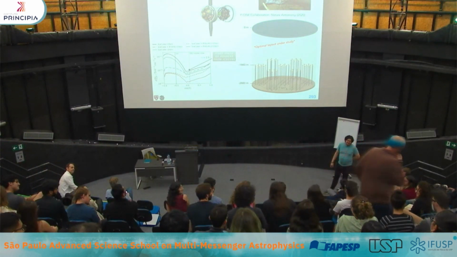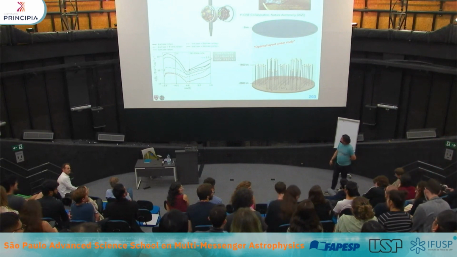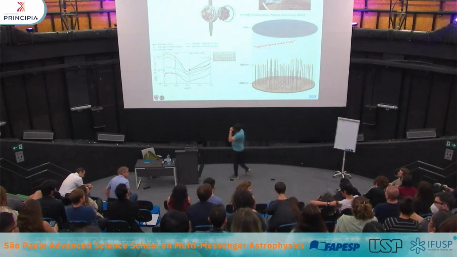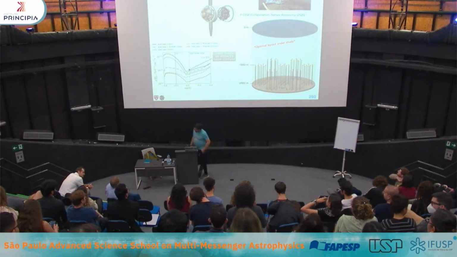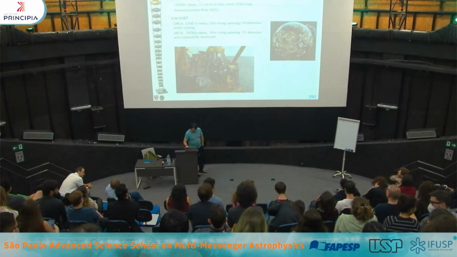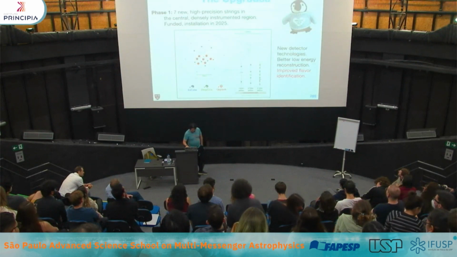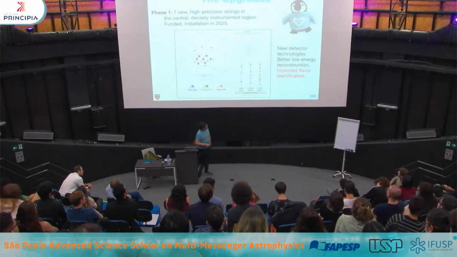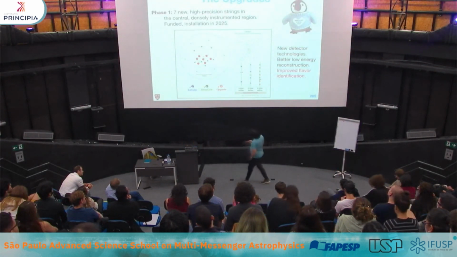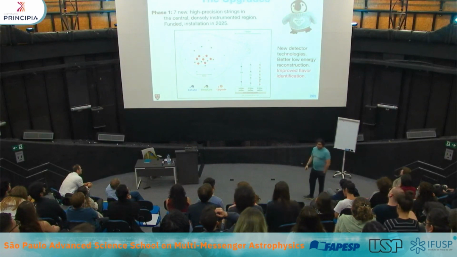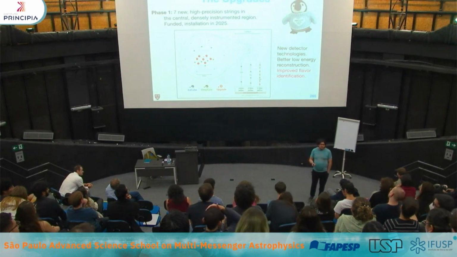About the low energy events, can you comment on the reconstruction for that? Yeah, okay. So for the low energy events, we have a specialized detector called Deep Core. I'm going to use these two slides to talk about them. I didn't talk about Deep Core before, but it's these green strings here. They are optimized to reconstruct neutrinos below 100 GeV.